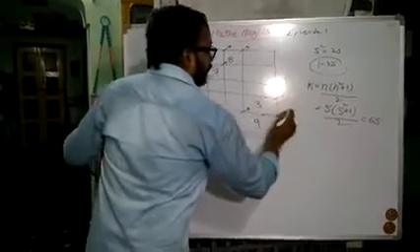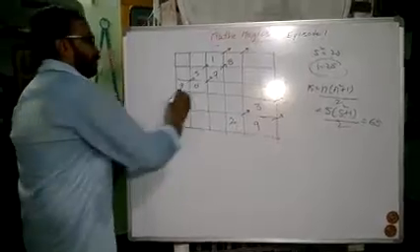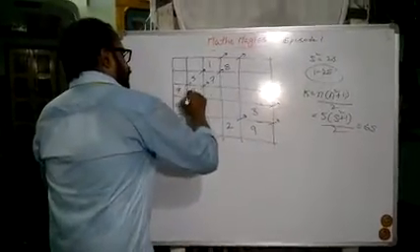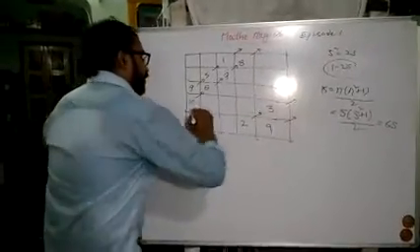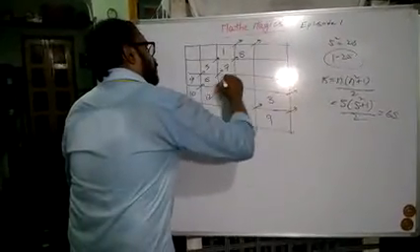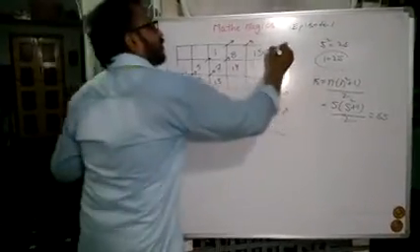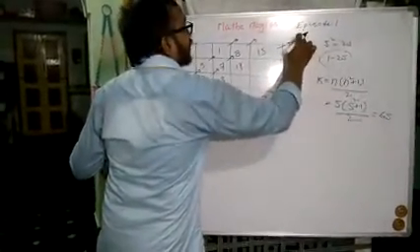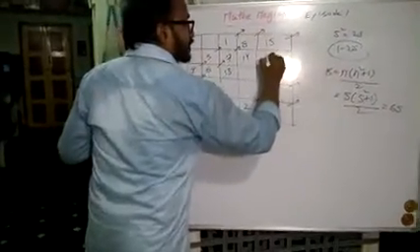Now leftwards, come this side here, 10. Now there is no empty box, that is why come down, 11 here. Now right upwards diagonally 12, 13, 14, 15. Now if we go right upward diagonal, we did not find any box here, even we did not find a box here also, that is why we should fill 16 here.